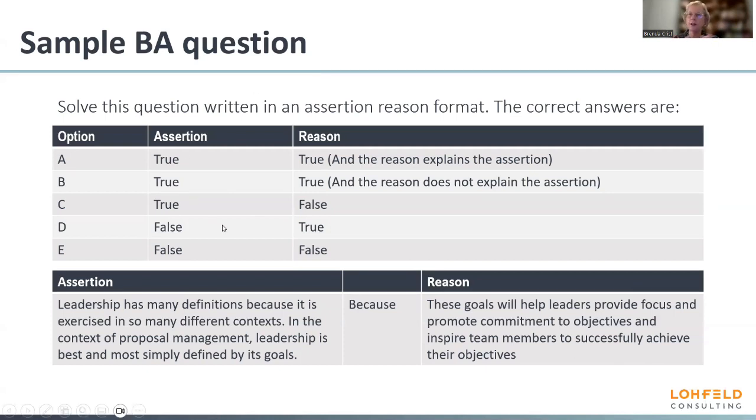So let's take an example of one. This one has to do with leadership. So let's read it. Leadership has many definitions because it is exercised in so many different contexts. In the context of proposal management, leadership is best and most simply defined by its goals because, and here's the reason,